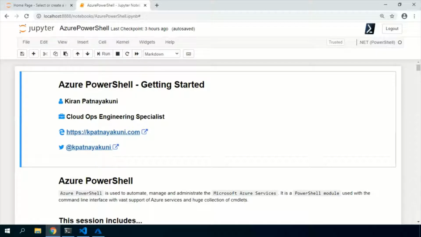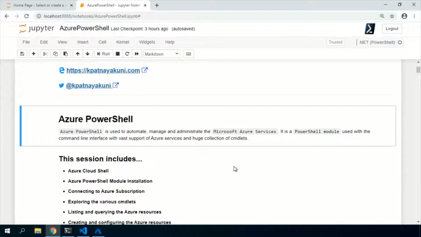With that quick introduction about me, let me jump into today's session about Azure PowerShell. In this session, I'll brief about Azure Cloud Shell, and then I will show you what the Azure PowerShell module is.